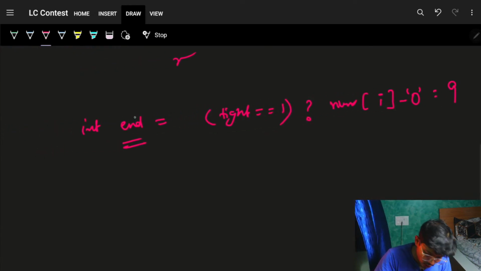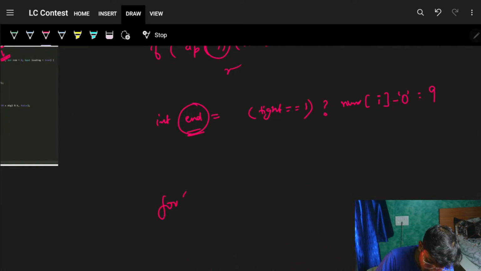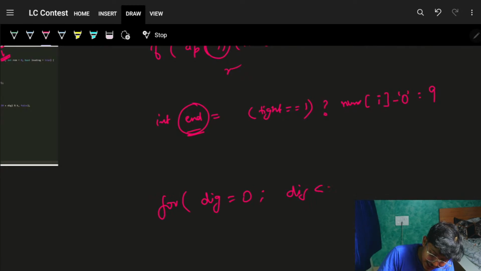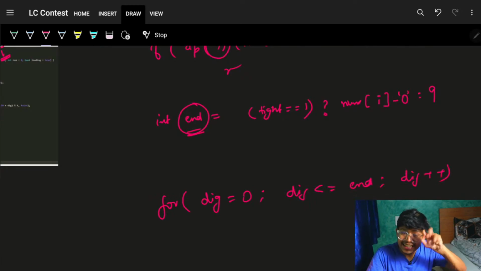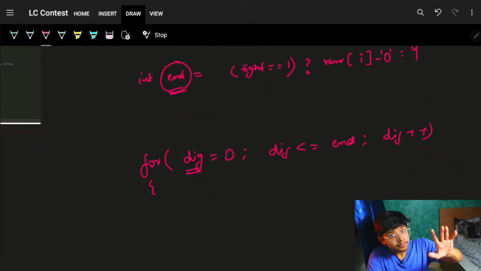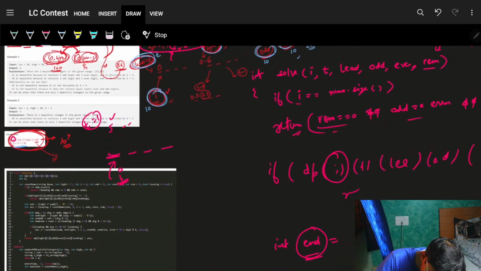Now you have got the end, which means I can iterate, which means I will just go and do a for loop for digit from 0 to digit less than or equal to my end, and doing a digit plus plus. So for that ith index, I can place this digit at that location. But you just saw one thing. If I place in a number 0,